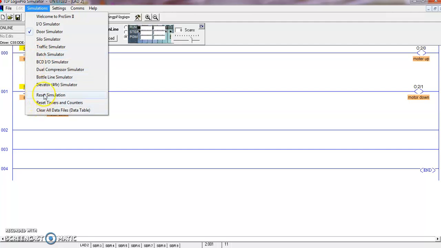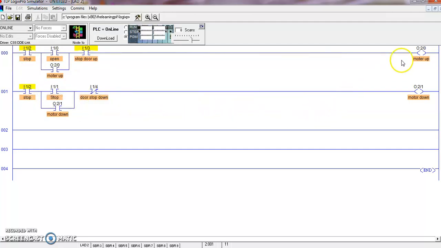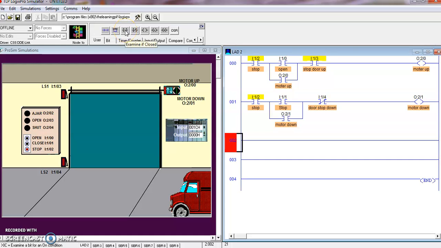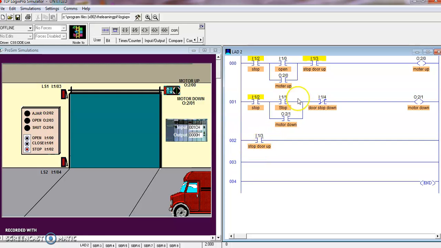Let's reset it. Well, let's first click on here. Let's go back to your inputs. Let's go to normally open right there. And let's get this guy right here. What I'm saying is when this gets activated, I want it to, my output